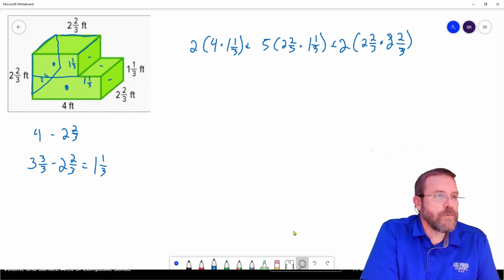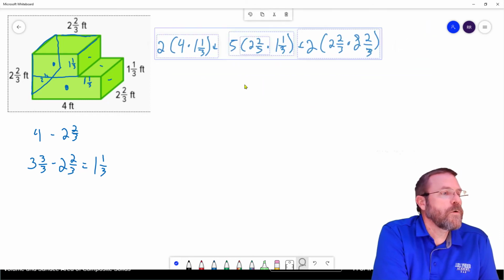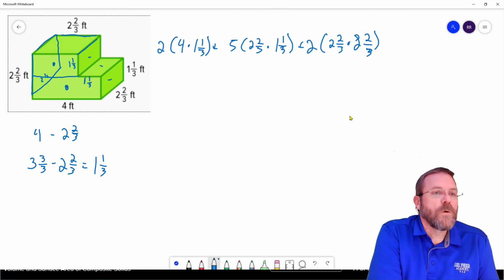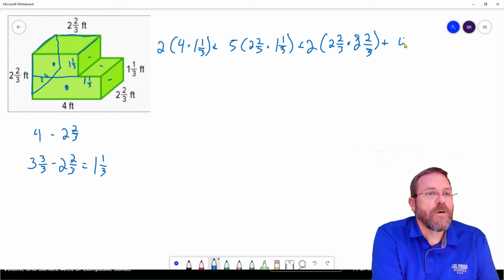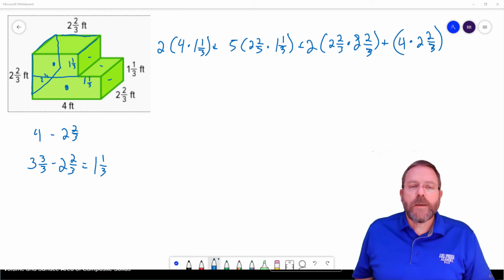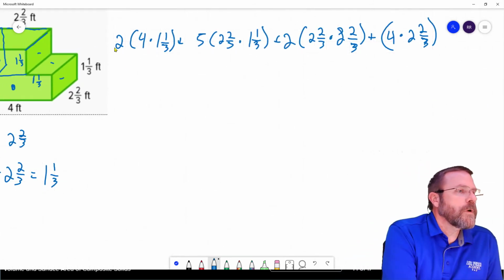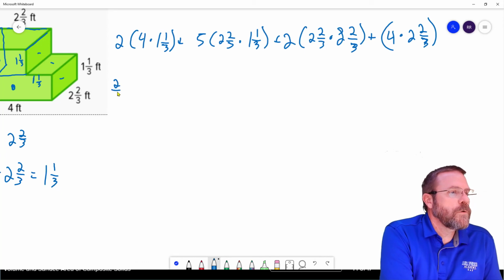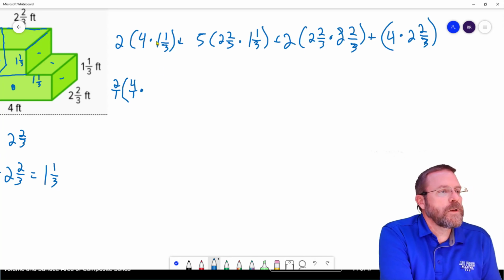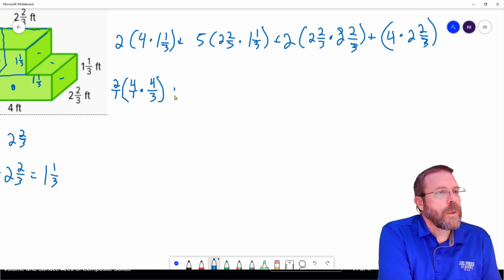So let me group up my stuff, get a little bit more space to work here. So there it is, slide it over. So I'm going to say plus my bottom piece, which is just a single piece that is going to be 4 times 2 2/3. And we'll just go ahead and put parentheses around that for the fun of it. Next, I'm going to start changing whole numbers and mixed numbers into improper fractions. So I'm going to make that 2 into a 2 over 1 times 4 over 1 times 3 times 1 is 3 plus 1 is going to be 4 over 3